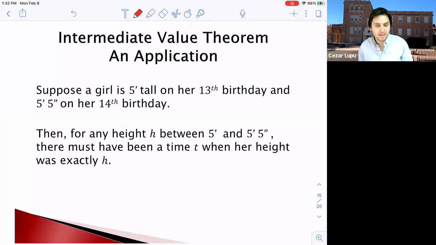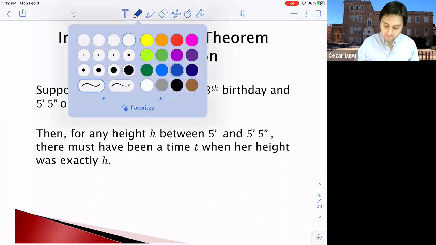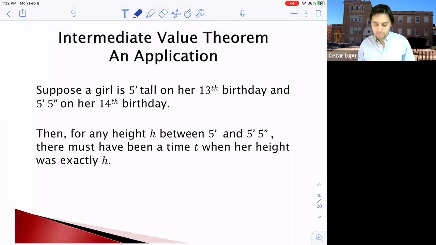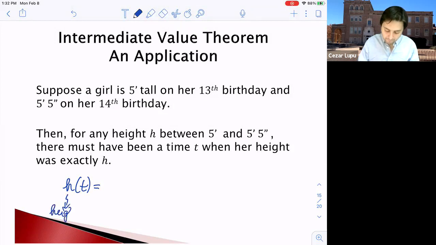Let me just translate this a bit so that you can see it better. So we have a girl, and we have this function, height. Her height is a function of time t. So this is the height function, and this is the time axis. And we know that this function h is